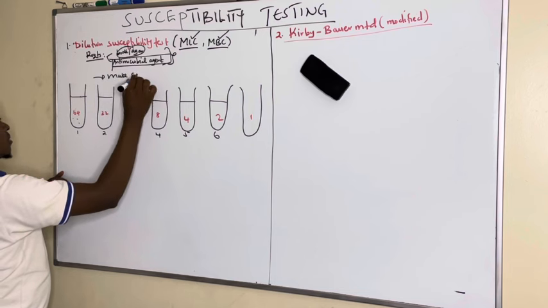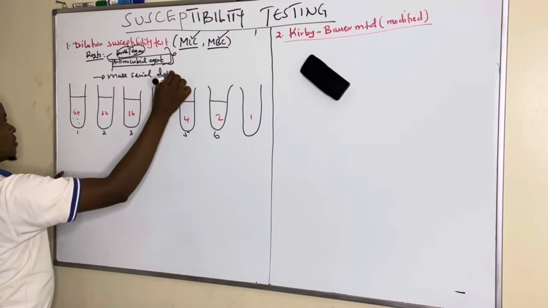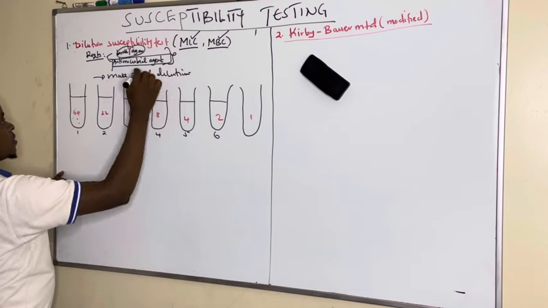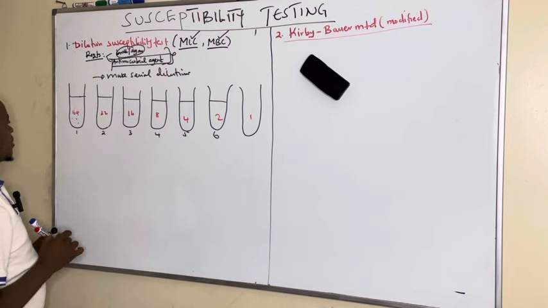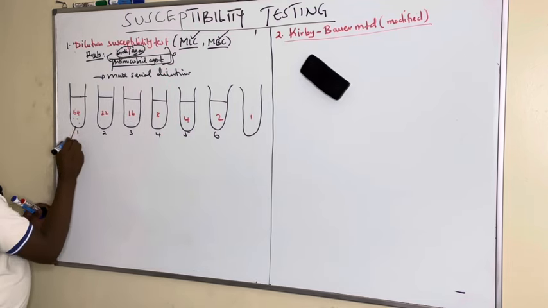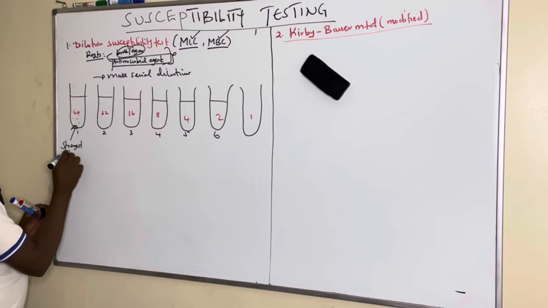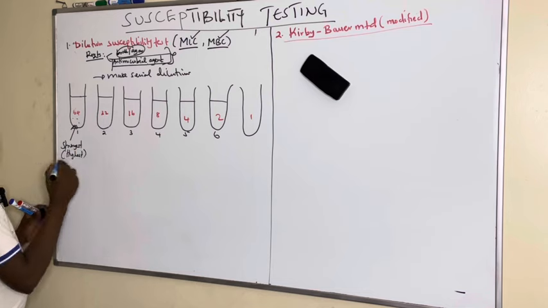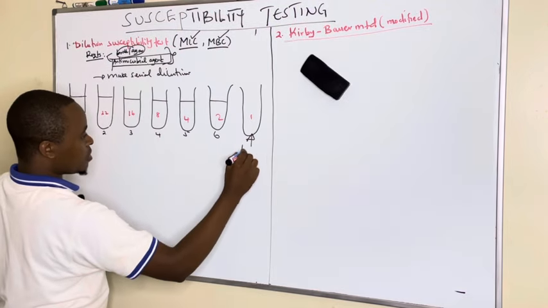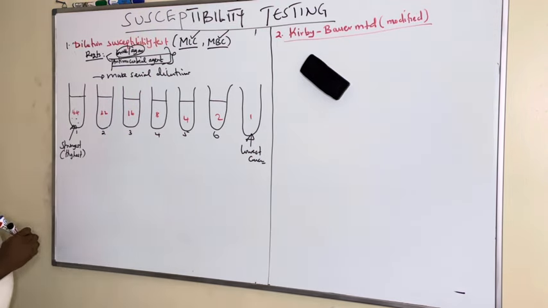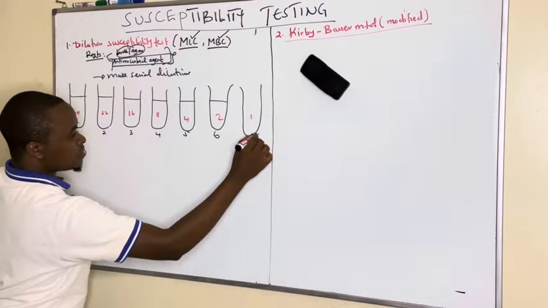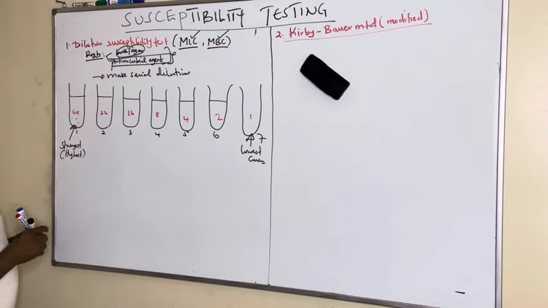We make serial dilutions using the antimicrobial agent and the broth, beginning with the strongest, the one with the highest concentration, and ending with the one with the lowest concentration. We are using 7 tubes, and in these 7 tubes we make serial dilutions, beginning with